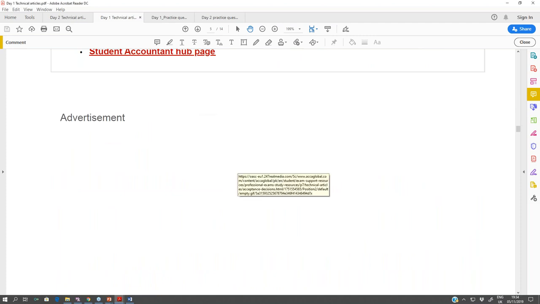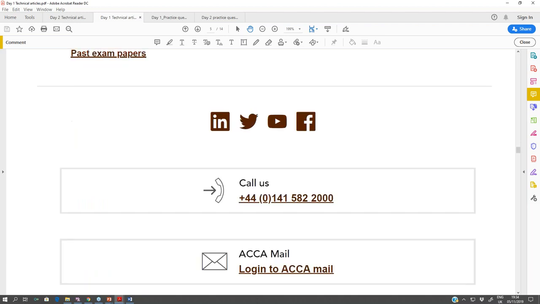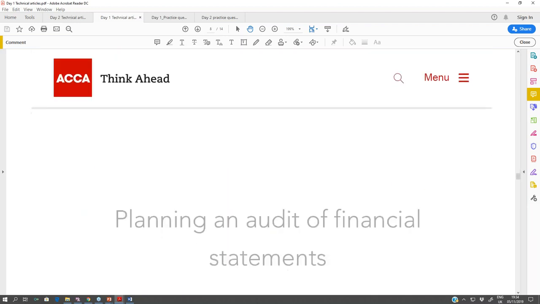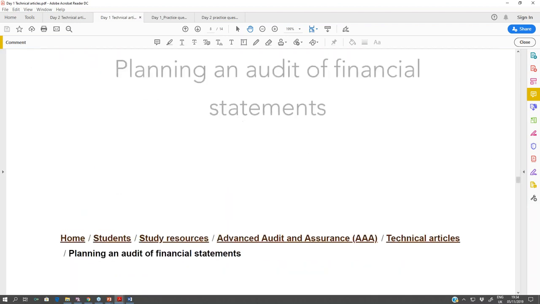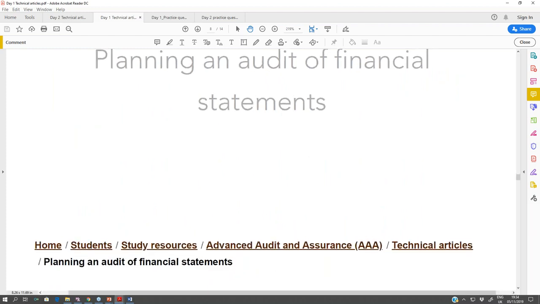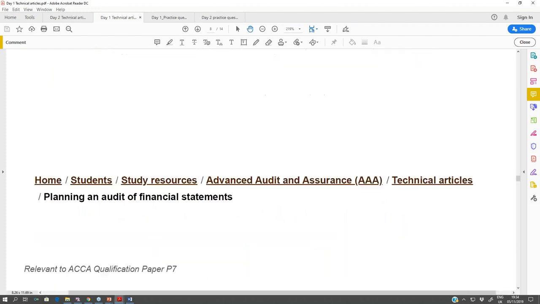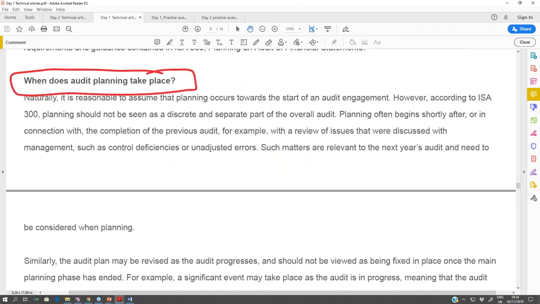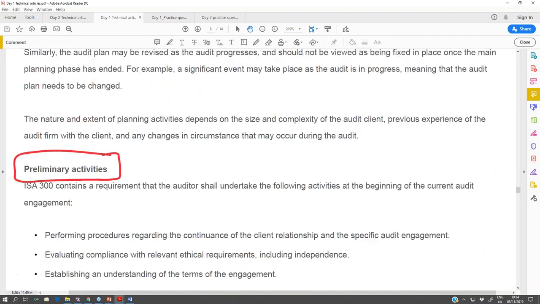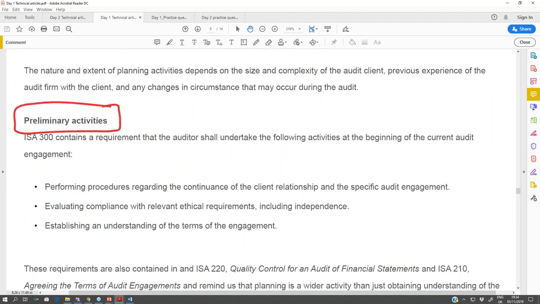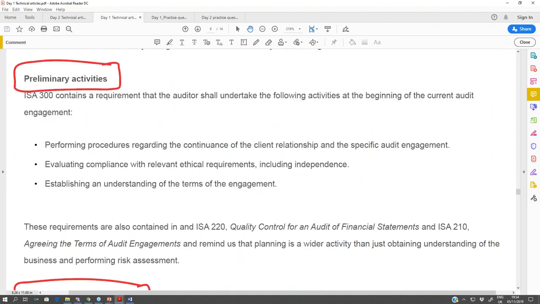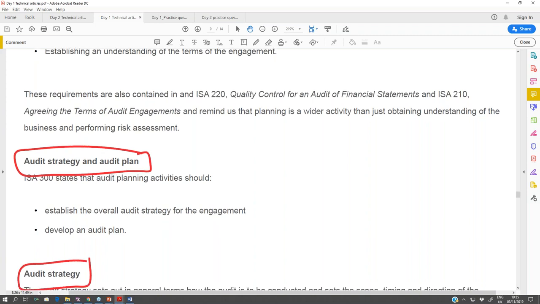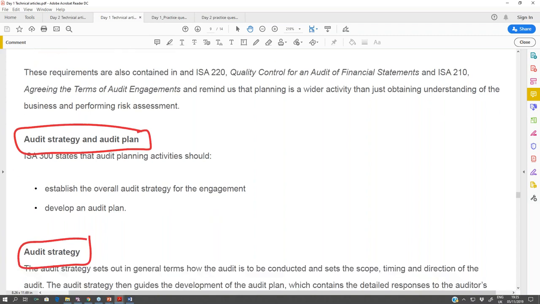planning the audit, which was this planning and audit of financial statement, right? I did show you this article yesterday, and I even annotated this article for you, that you need to read this article for when does audit planning take place, or what are preliminary activities which take place at the stage of planning, and then what is an audit strategy and an audit plan. So you can take more knowledge about what exactly is an audit strategy, but over in that question,